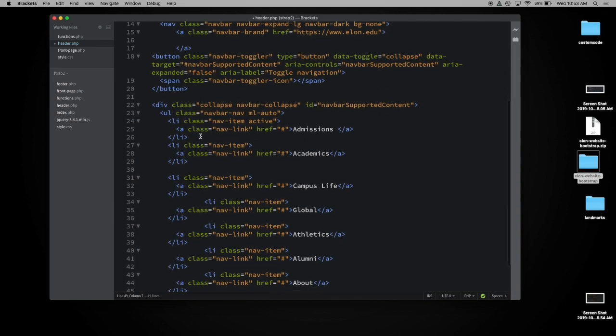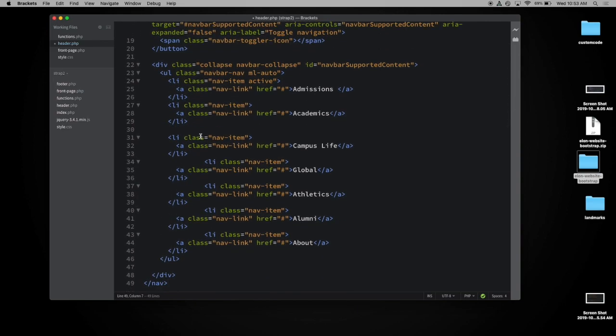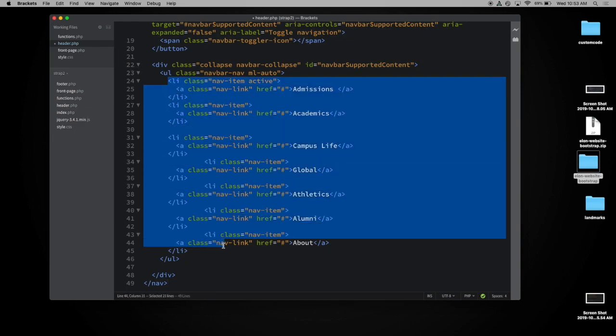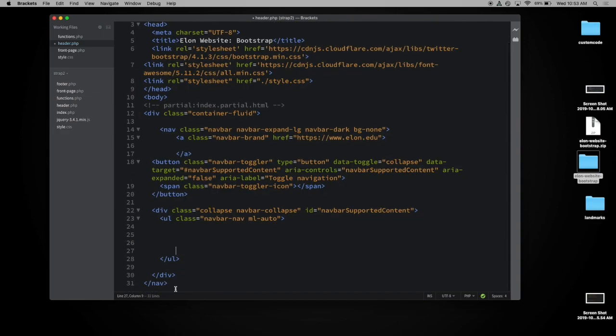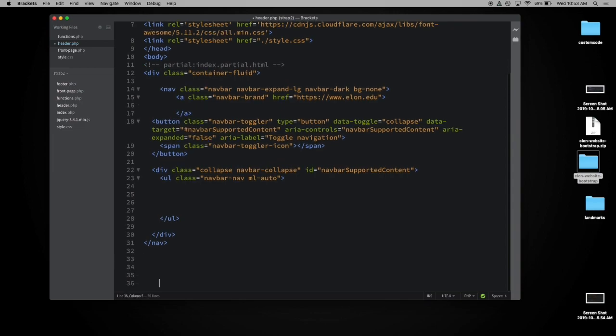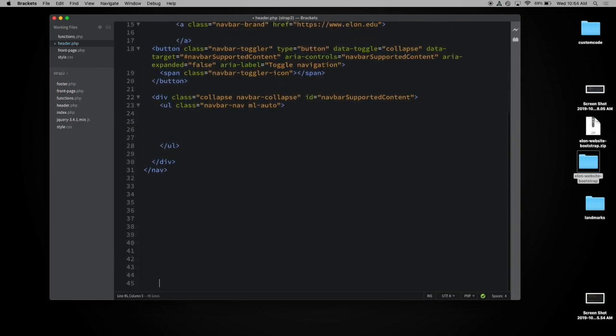What I want to do is come down and take a look at the list items, and I want to get rid of these. So from the list items, I want to delete this. And the reason is we want to create a dynamic site where the user can actually generate their own navigation bar. So let me save that. And we're going to go in and do this. But first let's link to